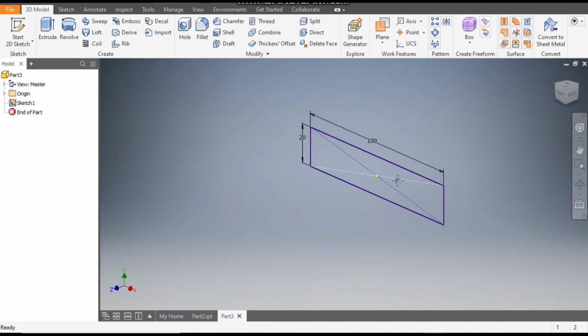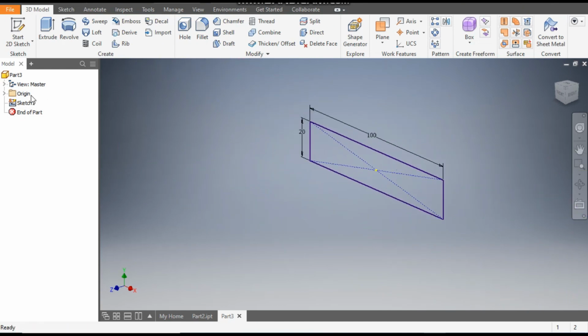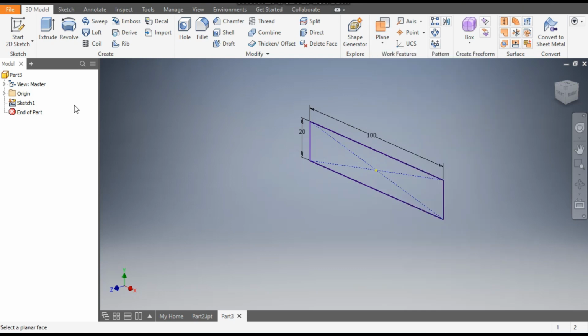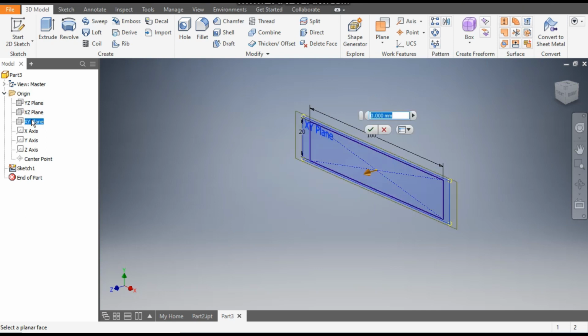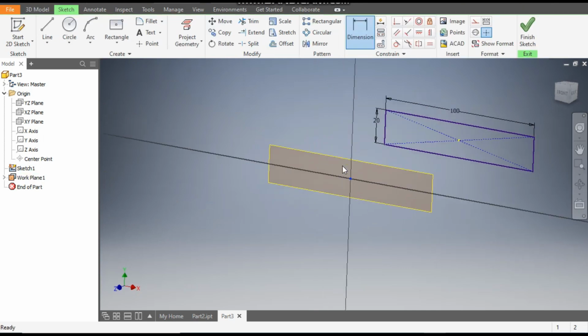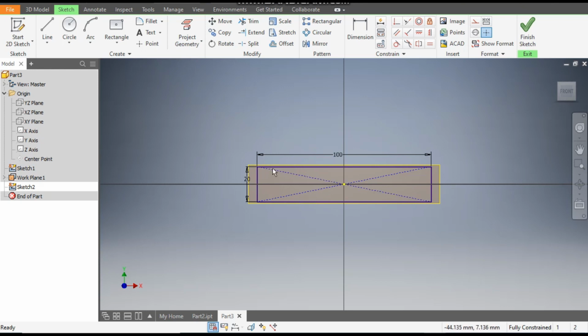Now we are going to construct a new plane. So go to plane, go to offset from plane and from origin select the XY plane. Here make a new plane at distance 120 mm and OK. Now select this plane 1, create sketch, and this time we will construct same profile at 90